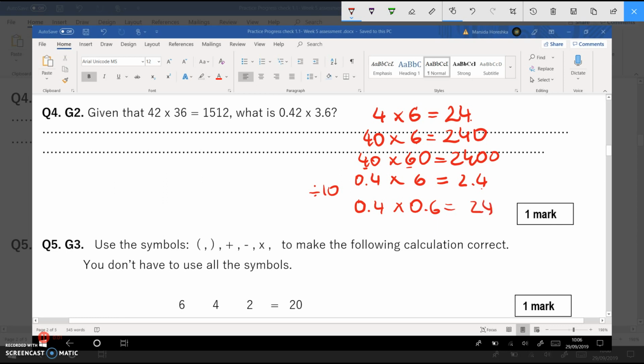Initially the decimal point was there, so 1, 2 places, so the decimal point will be here now. So 0.24 is the answer. So going to these numbers, what's happened to 42 to become 0.42 is that it has